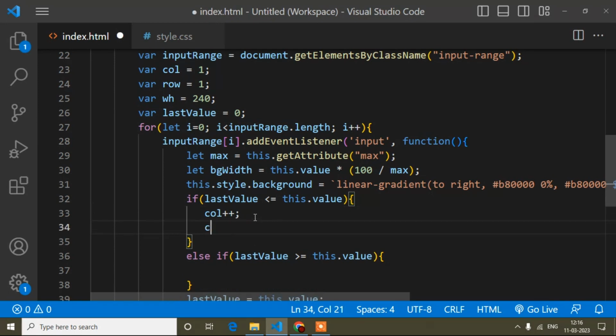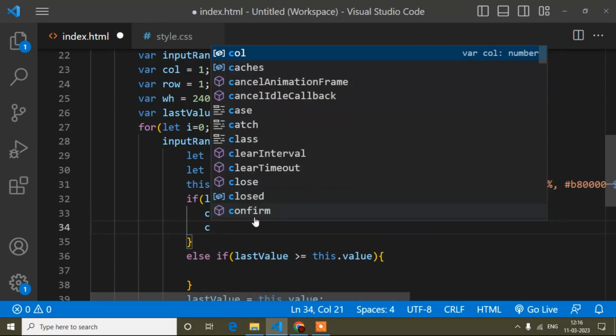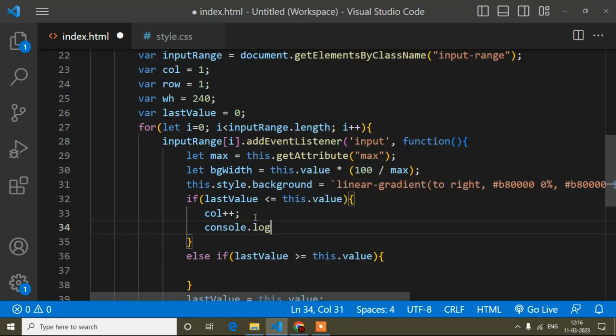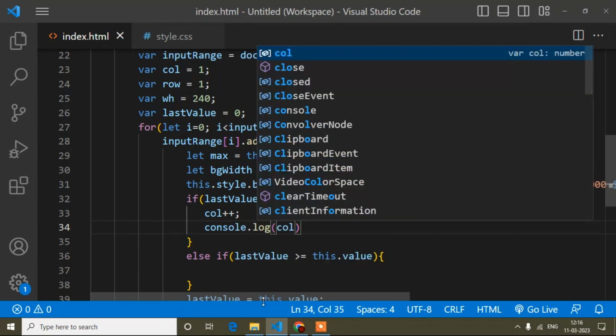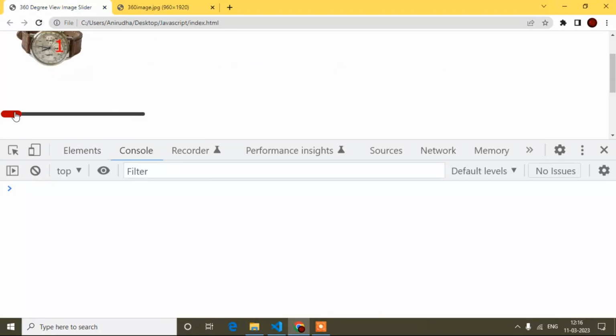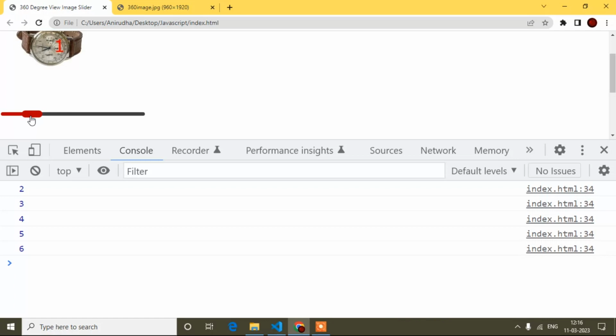If I check the console, console dot log call, let's see what I will get. See, if I increase, 1, 2, 3, because call initially was 1, so 2, 3, 4, 5, 6, like this.